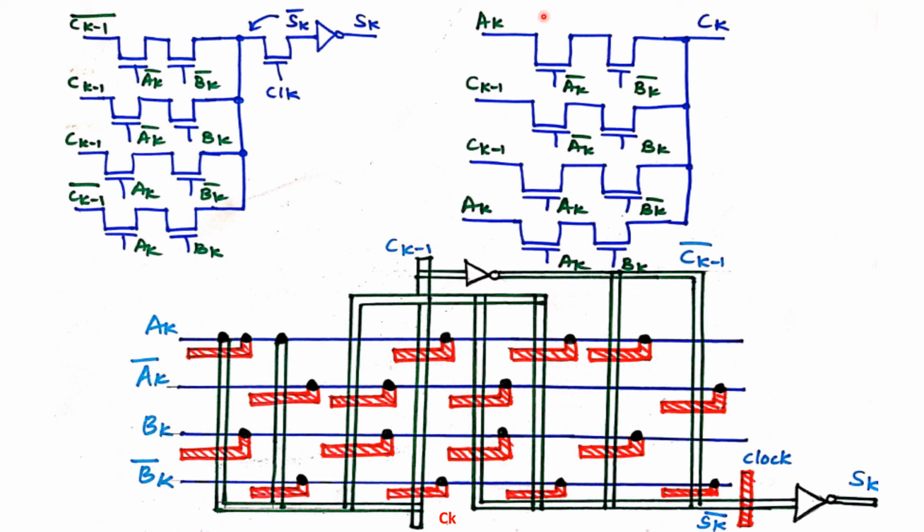So A is passed when the gate inputs are either A bar B bar or AB. So A is passed. You can observe this gate is connected to A and this polysilicon gate is connected to B. It means if the gate input is A and B, then A is passed to carry output variable. This part is implemented.